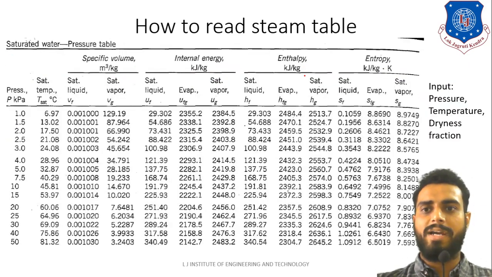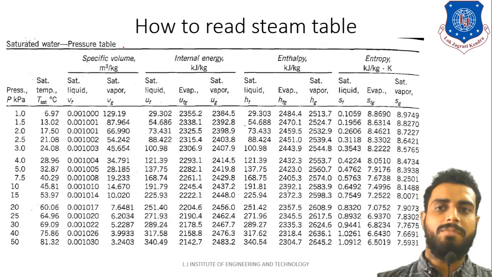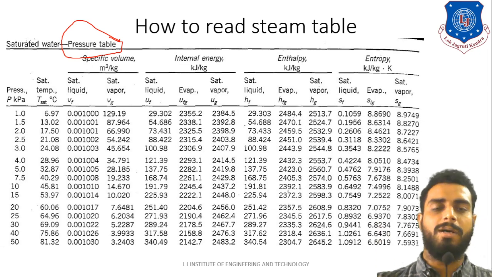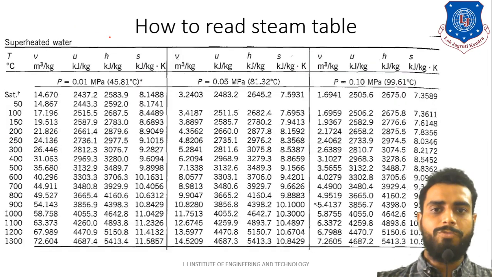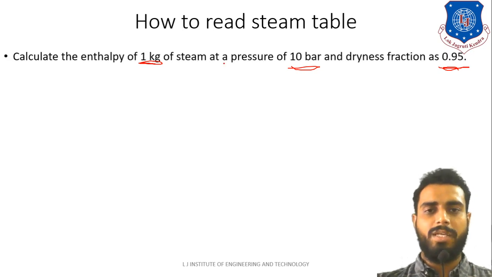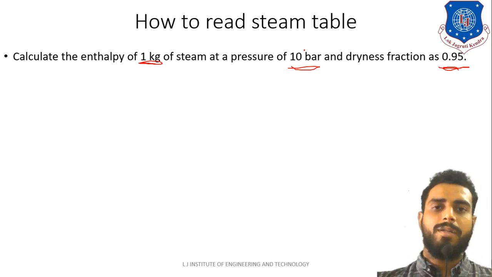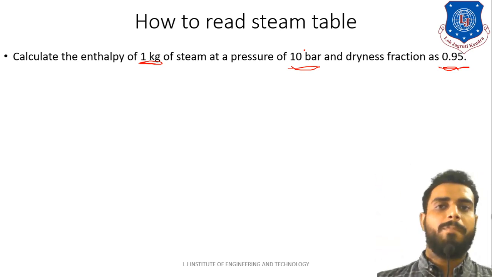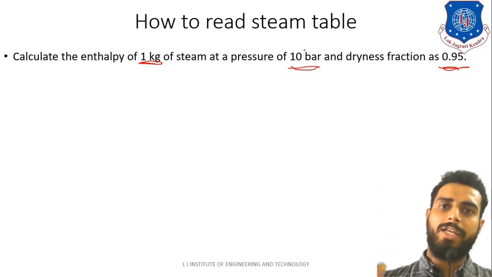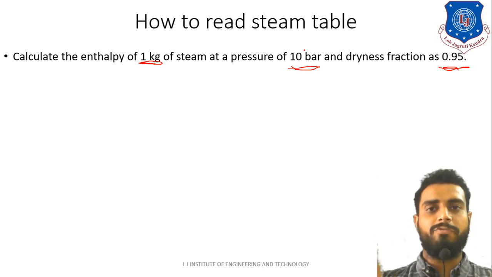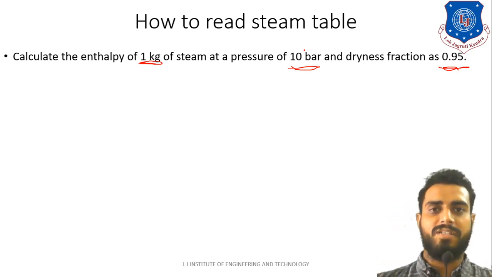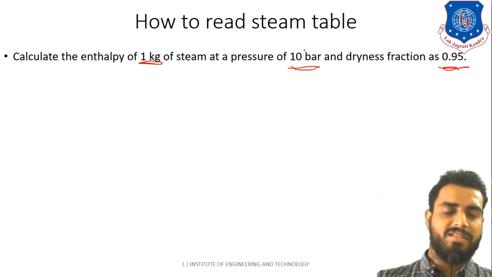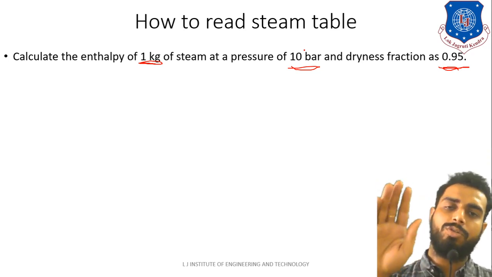So let me go back to the previous slide. As you can see in your steam table, it will be written like this: pressure table. So you will open this table. If you have a steam table, you can go parallelly with me. Open the steam table and identify 10 bar. The first column of the steam table is pressure, which might be in terms of kilopascal or in terms of bar. It may vary from publisher to publisher. Some publishers use bar as the unit of pressure, and some use kilopascal.